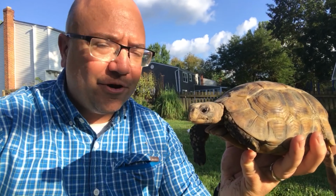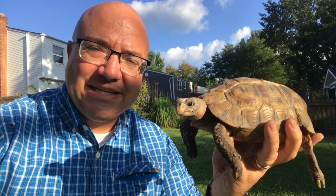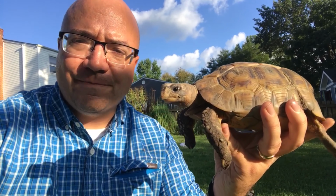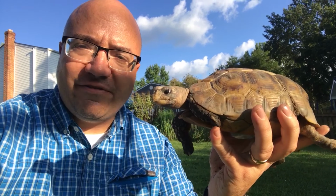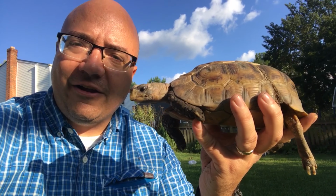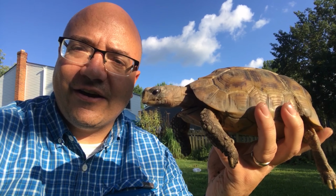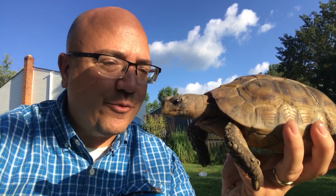Hi, this is Tom Arbor, and I'm here with one of my Western Hingeback Tortoises. I've been keeping these animals for over 20 years, and they're one of my favorite types of tortoises. And today, we'll give you a little profile of this really cool species from West Africa, Kinixys nogueyi, the Western